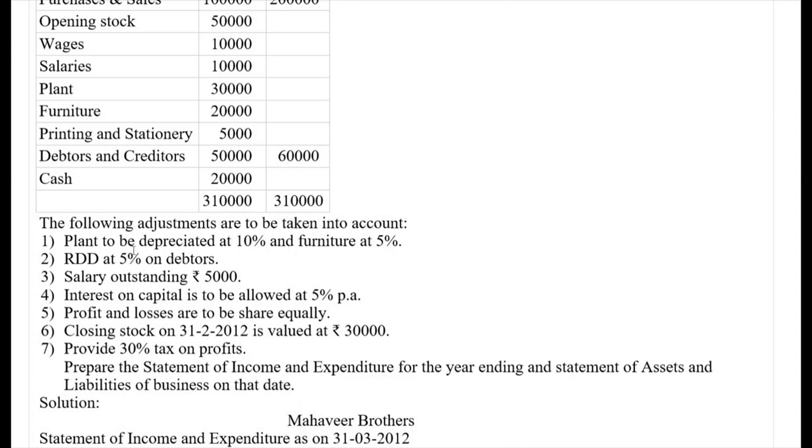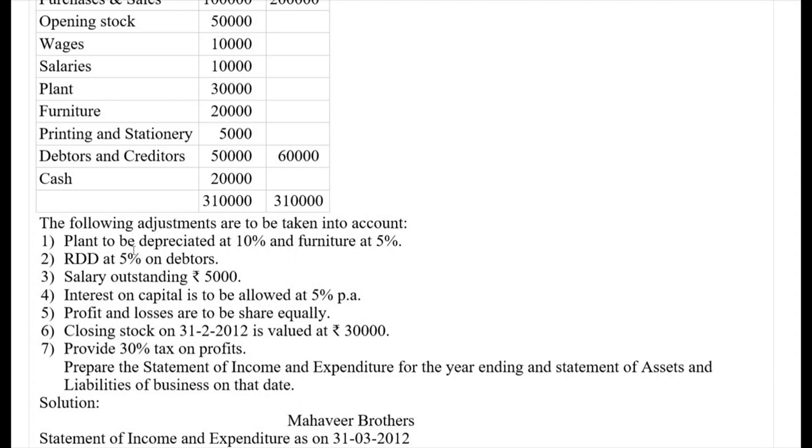Plant and furniture must be shown under the head of fixed assets in the statement of assets and liabilities. Printing and stationery must be shown under administrative expenses. Debtors and creditors must be shown under trade receivables and trade payables respectively in the statement of assets and liabilities. Then cash must be shown under cash and cash equivalents in the statement of